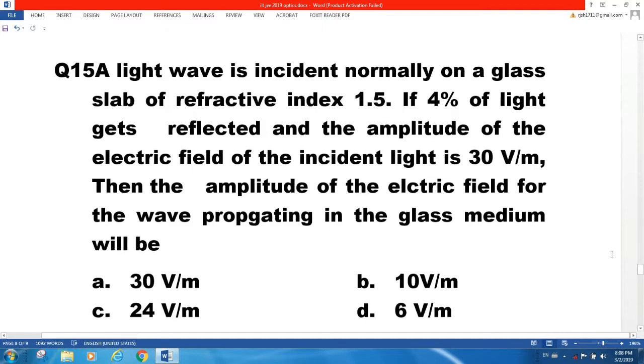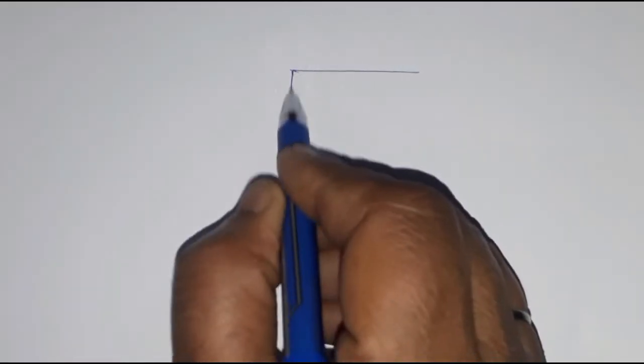A light wave is incident normally on a glass slab of refractive index 1.5. If 4% of light gets reflected and the amplitude of the electric field of the incident light is 30 volt per meter, then the amplitude of the electric field for the wave propagating in the glass medium will be. This question can be found using electromagnetic waves, or in a simpler way we can consider that